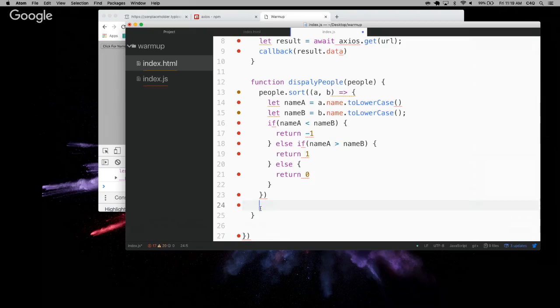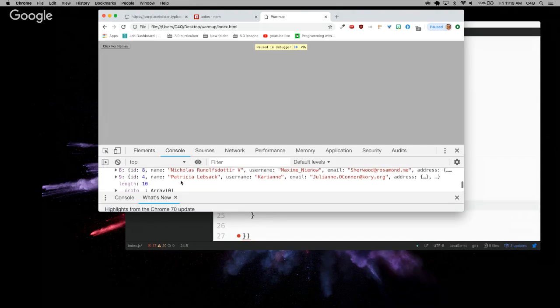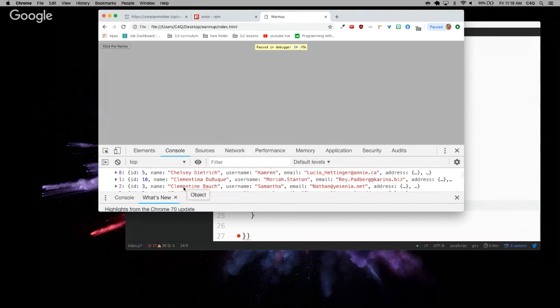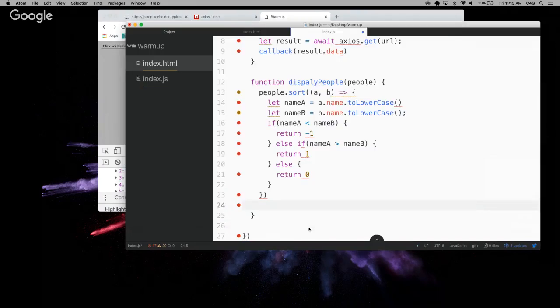Can you go back to the... Sure. Do you mind, before you proceed, going over your sort again? Only because sorting the objects is kind of tricky. Sort takes a callback function,